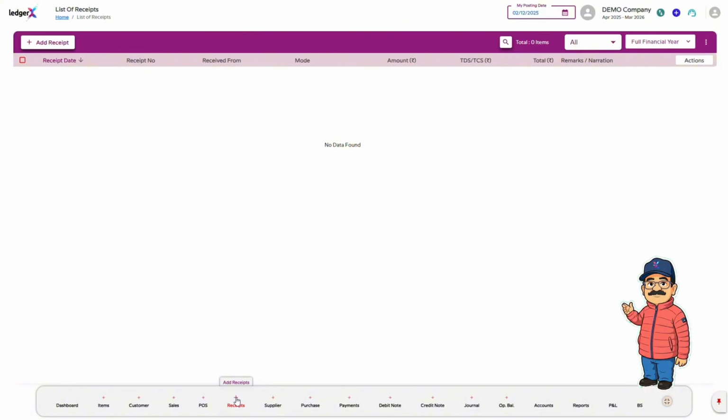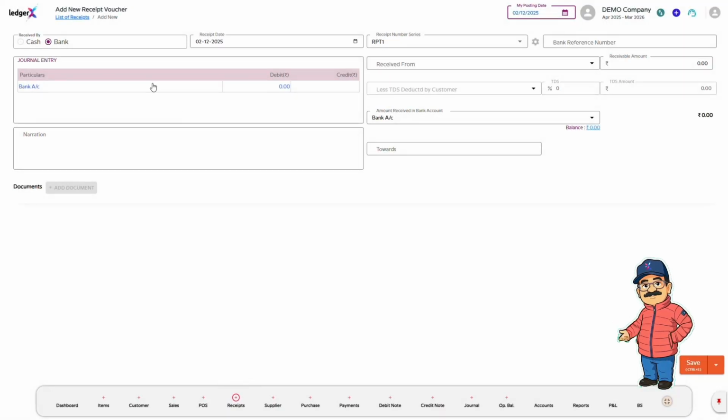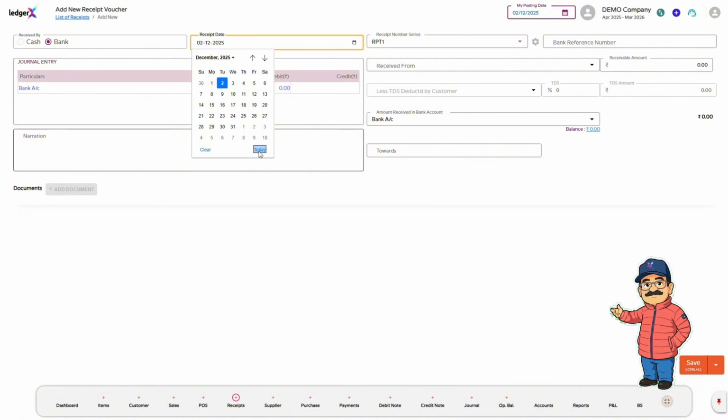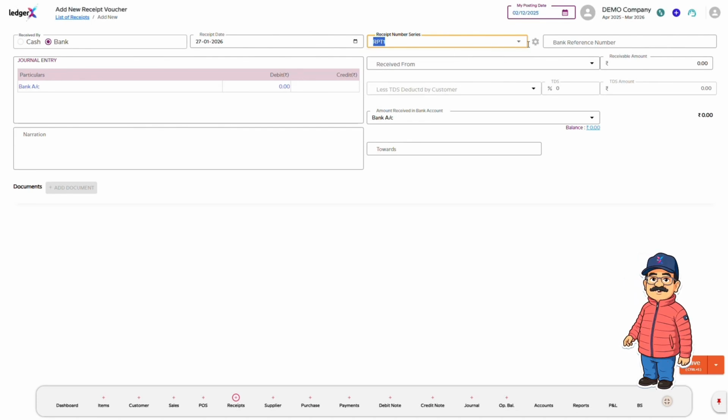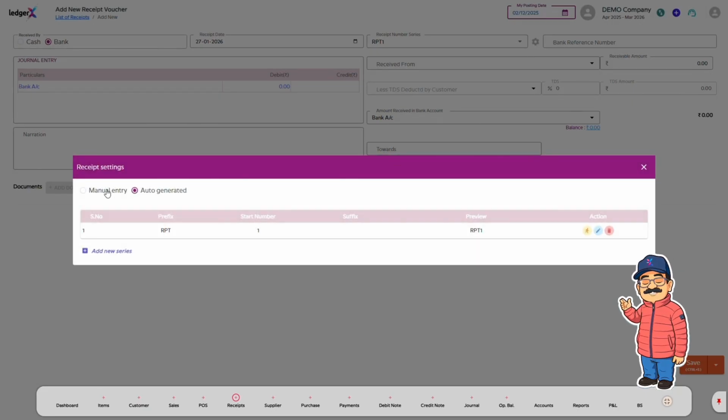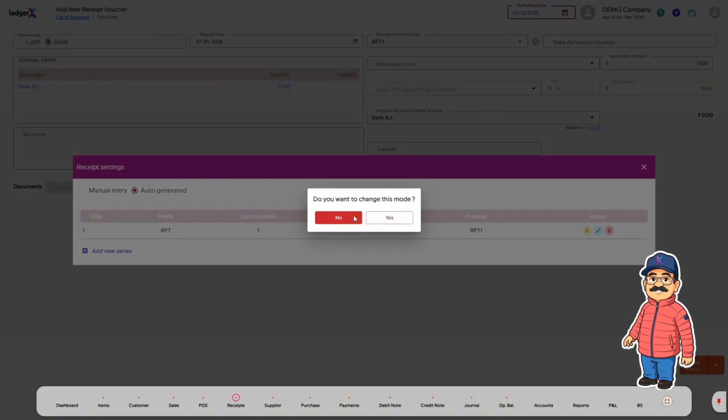Once the page opens, start by selecting how the amount is received, cash or bank, and then choose the receipt date, ensuring it falls within the active financial year. Next, select the appropriate receipt number series, after which the system automatically generates the receipt number. If required, you can also enter the receipt number manually by switching the mode from auto-generated to manual in the